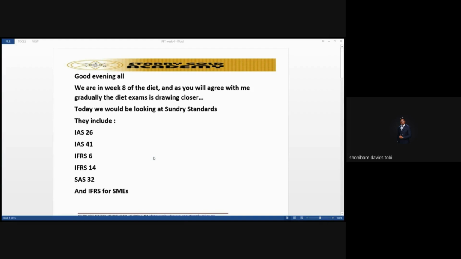You have used either cost model or revaluation model, right? You tell them the type of depreciation method that you have adopted. Is it sum of the year digits? Is it straight line method? Are you not supposed to tell them about that? You will tell them assets that were revalued during the year. So if you are told to talk, I do not believe you need to cram some of these things. It's just understanding, and you are good to go.